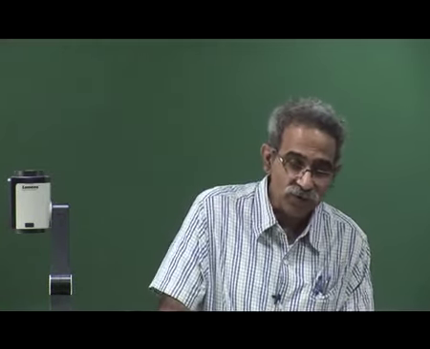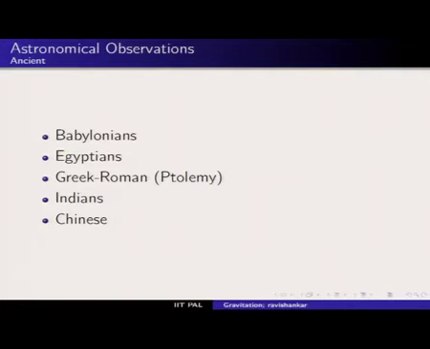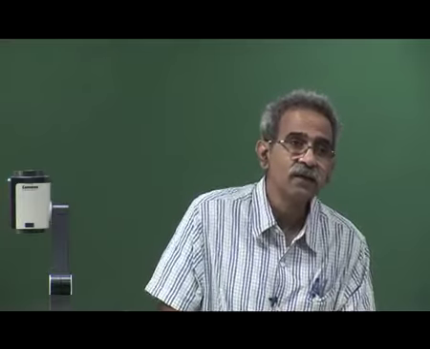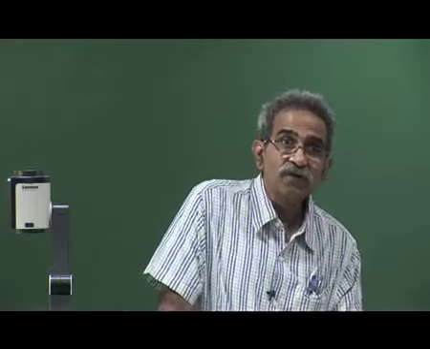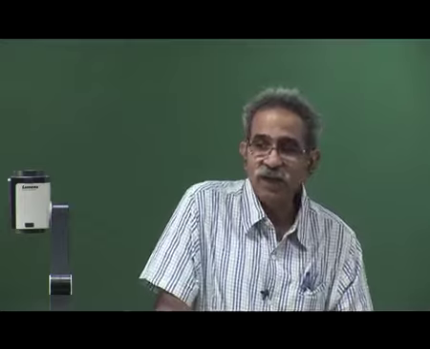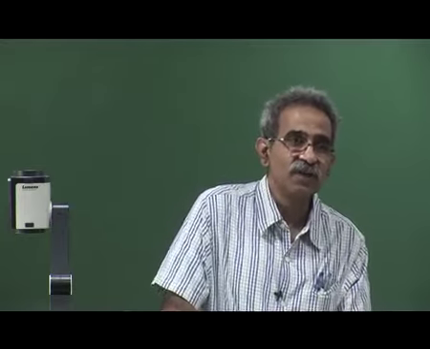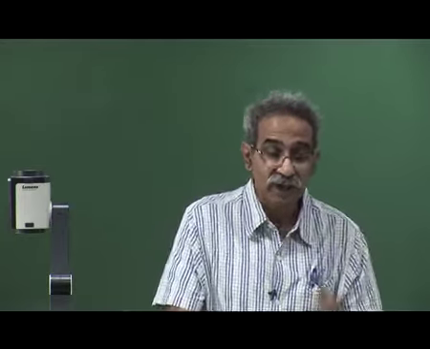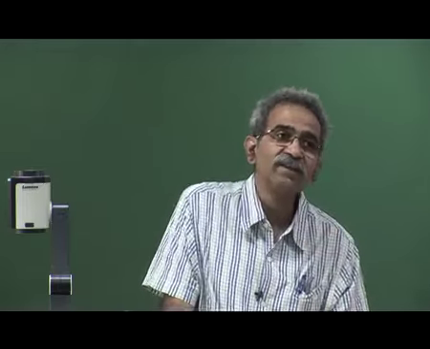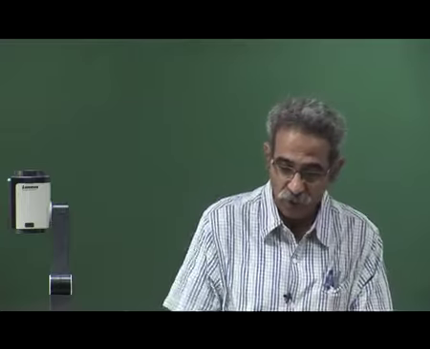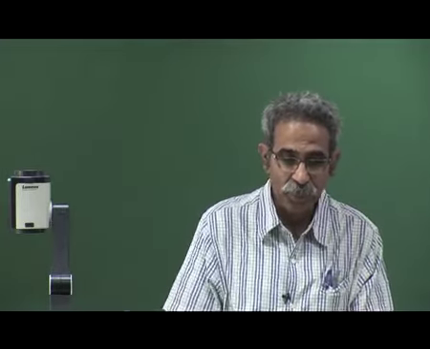And this goes back thousands of years, to Babylonians, Egyptians, Greek, Roman observations, Indians, and the Chinese. Probably the Mayans also did a large number of observations. We don't have much detail. So, when we speak of the so-called astronomical observations and the formulation of laws, we should remember the data collected by all these civilizations spread over many, many centuries have had an important role to play. We should not forget that.